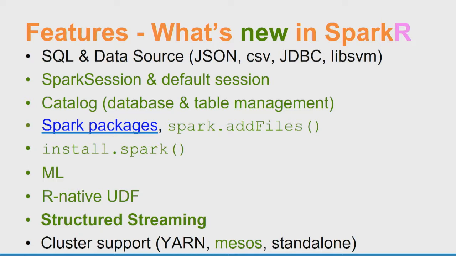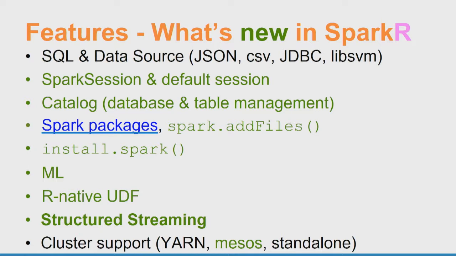So in terms of features, there are actually a number of things that are pretty new. If you can see the green, which is a little subtle to see here, there are a lot of new things since the 2.0 release of Spark. So things like Spark session support, catalog API for managing internal, managed, or external tables,